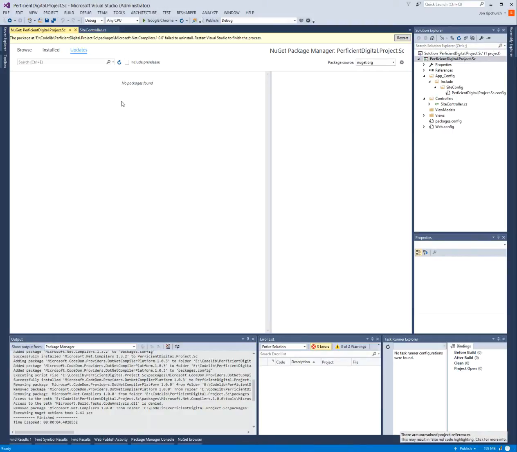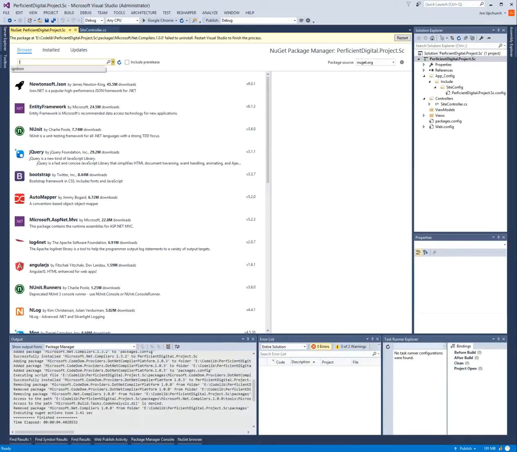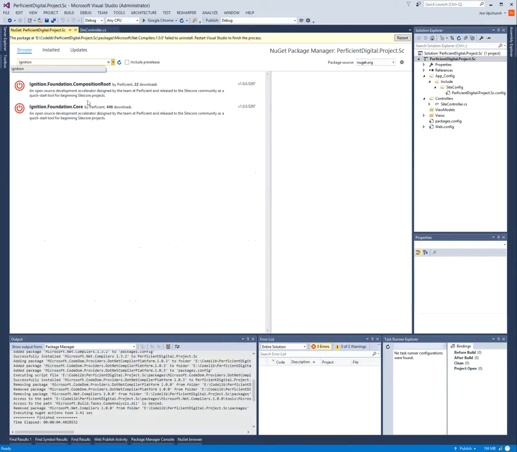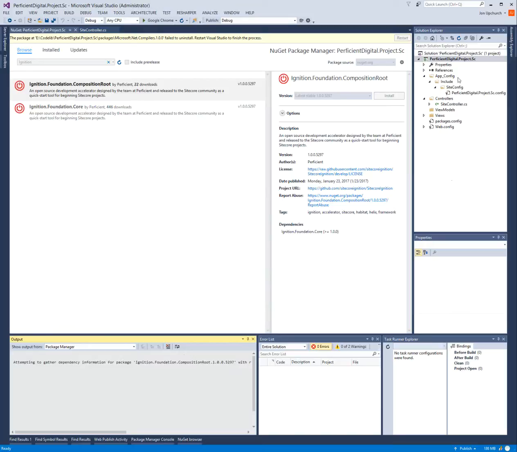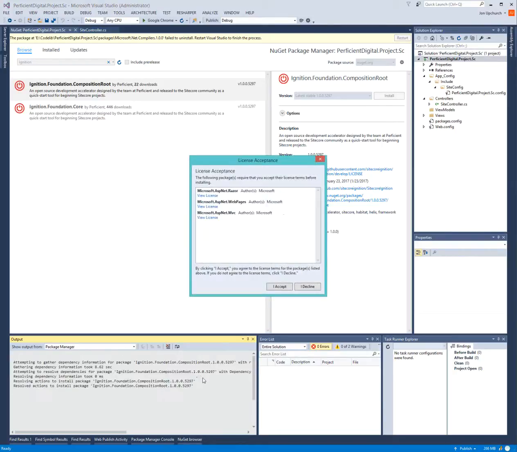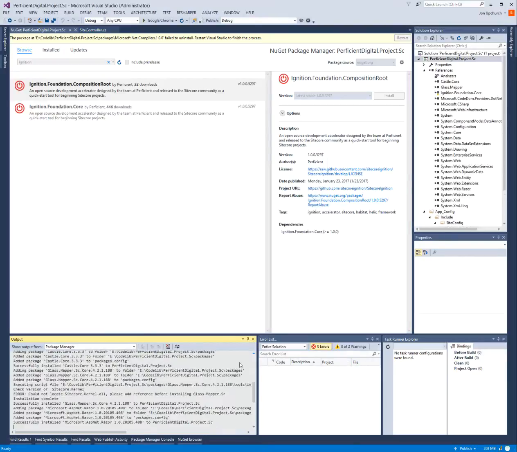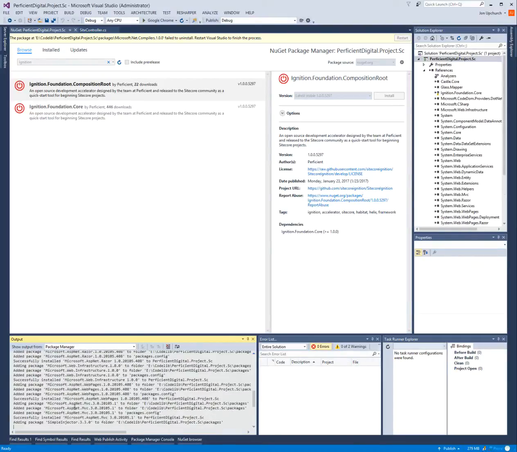Okay, so that's finished. So now we're actually going to browse and we're going to search for Ignition, or you can use the console. And because this is our primary project file, we're going to install composition root here and add that as a NuGet package to this project. So that will just take a couple of moments, and this is going to give you Simple Injector, it's going to give you the glass mapper, it's going to give you the updated ASP.NET,